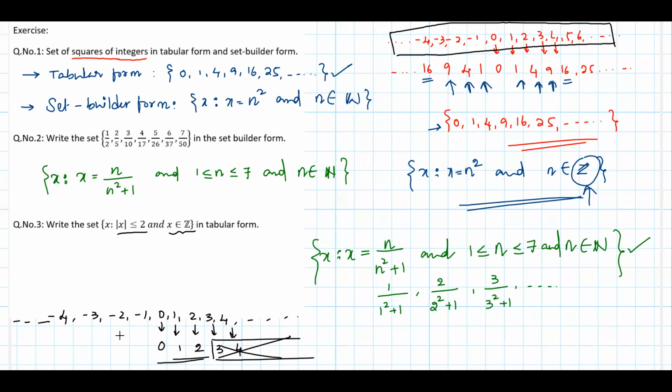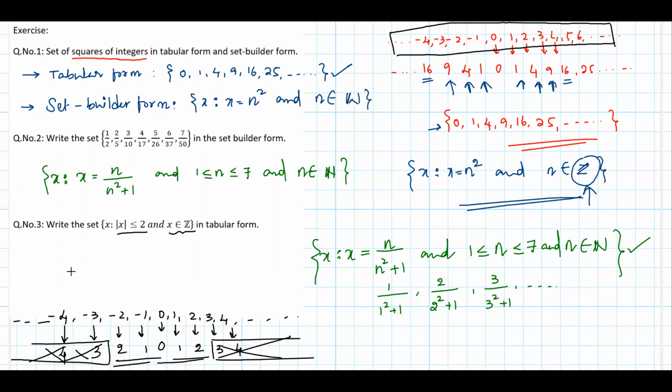So what happens when you apply modulus to the negative side? This is important here. So modulus of -1 is what? 1. Modulus of -2 is 2. Modulus of -3 is 3. Modulus of -4 is 4. If you see here, we're going to get greater than 2 in this case also. So we don't consider them. So we do consider this 1, 2 again. So what are all the values here we got? 2, 1, 0, 1, 2. So these are the outputs.